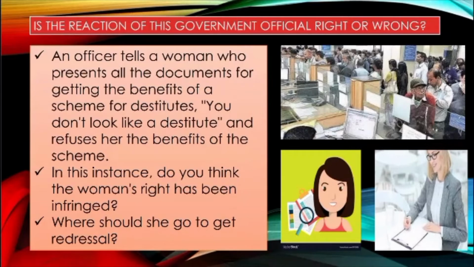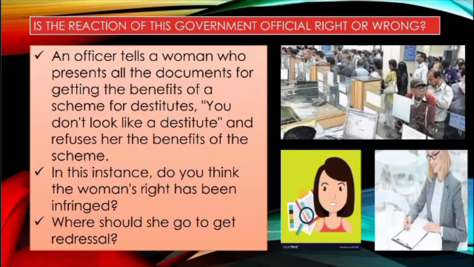So in this instance, do you think the woman's right has been infringed? Where should she go to get redressal? That means where she should ask for justice for her rights. She needs to go to court to fight for her rights, and she is entitled to get the benefit of the scheme if she has all the documents required for submission. That means she should bring the problem to the court and find a solution to the problem